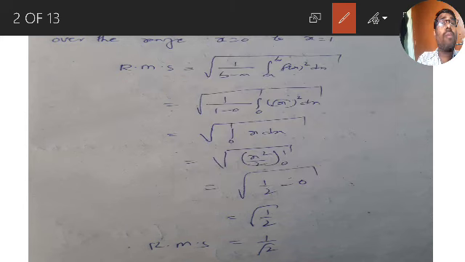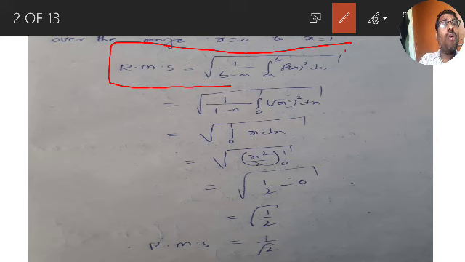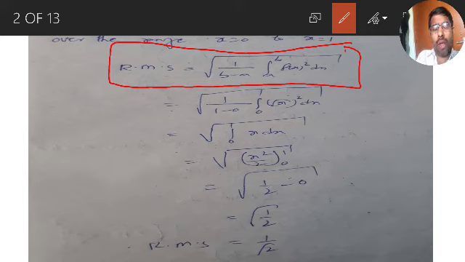I am not specially giving the formula separately, because in every problem I will write the formula. So this is my formula for RMS value, the square root of 1 by b minus a, integration a to b, f of x whole square dx. There is a square root, that's why we call it root, and the formula looks like mean, therefore we call it mean. And f of x whole square is there, that's why we call it square. So remember the root mean square value, you will get it for 1 mark.